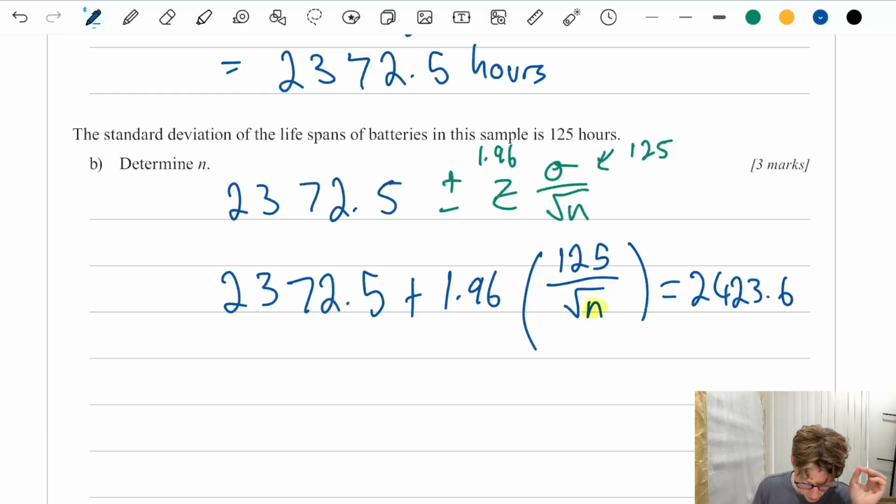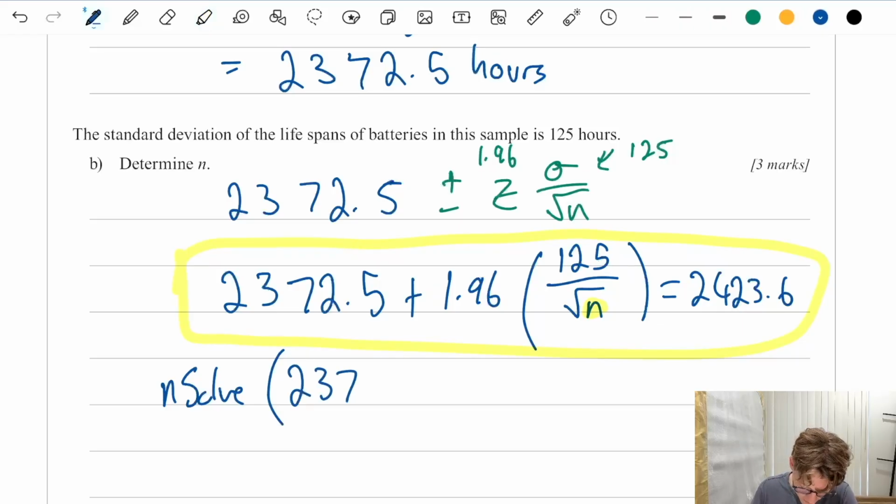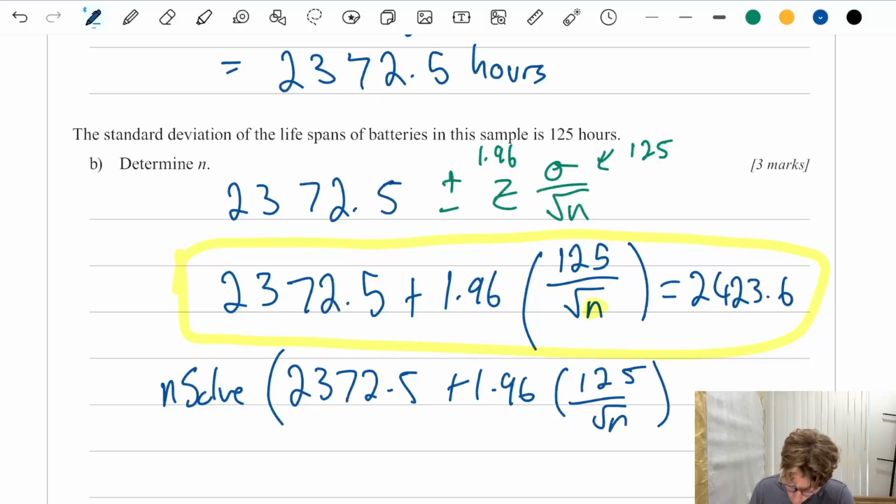So, all I'm going to do is type in n solve, put in brackets, and type in this entire line, which is going to be 2,372.5 plus 1.96 multiplied by 125 divided by the square root of n, all equal